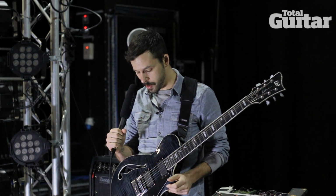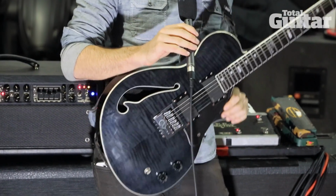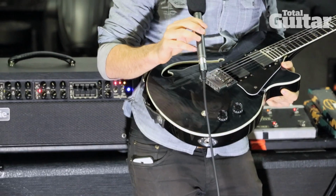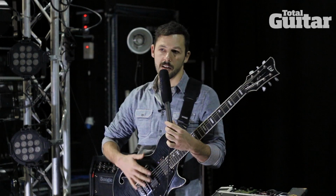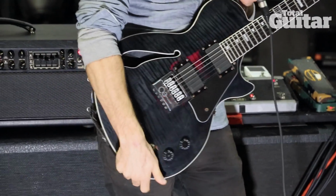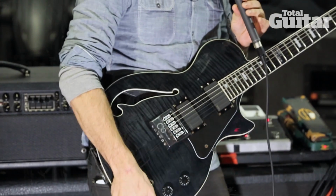Has a very full sound. I've got in this model an EMG 81 and 85, so I have different ranges of tone coming from those. I've made sure that the knobs are out of reach so that when you're playing you don't turn your volumes and tones on and off, so I've adjusted that accordingly. It's neck through, and